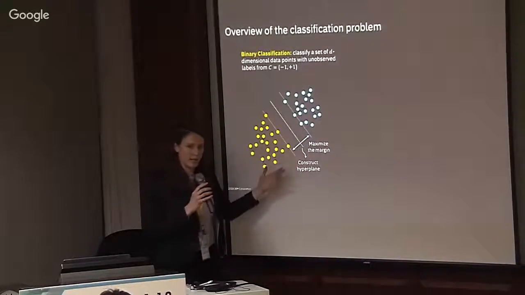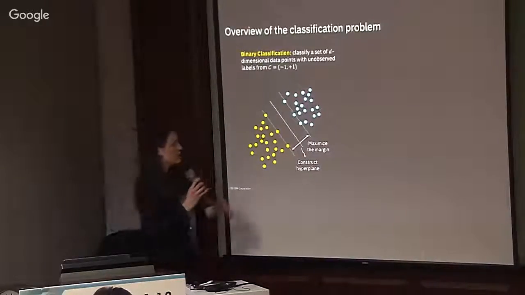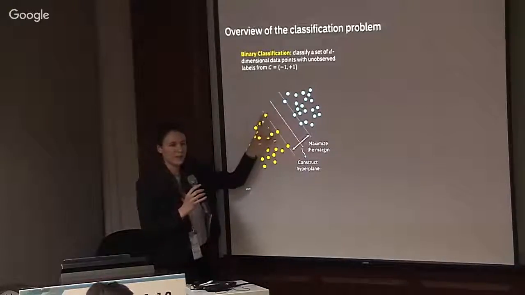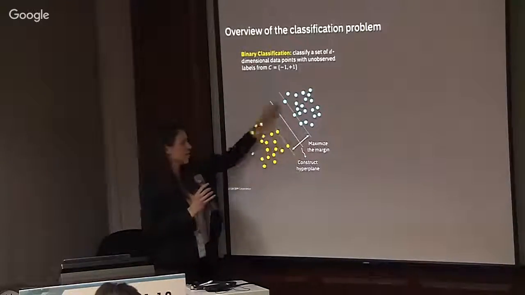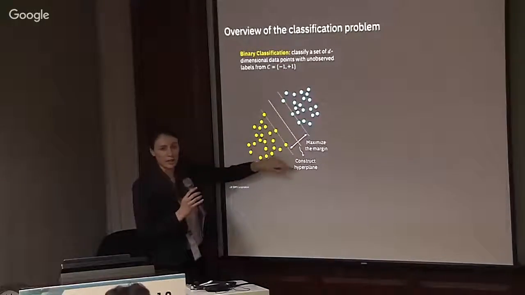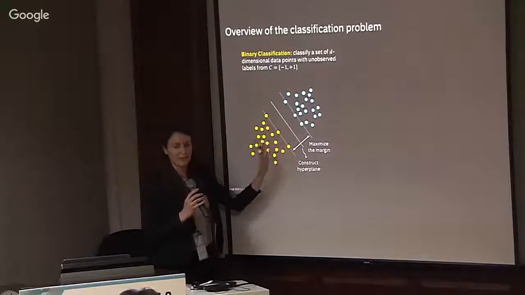And depending on the answer to that, I assign the label accordingly. And so you can imagine that this hyperplane here, there's some flexibility in how you draw this. I could have drawn it like this, sort of tilted at an angle, and it would still be cleanly separating these two sets of points, but maybe that's not the optimal